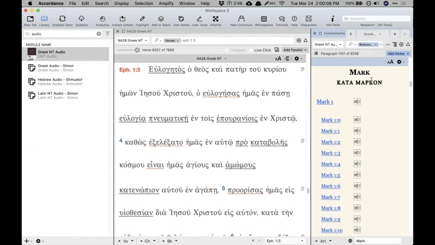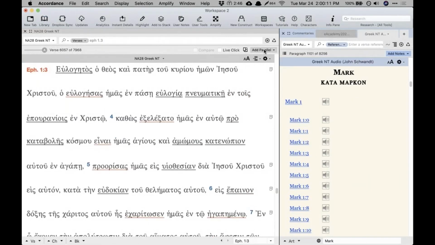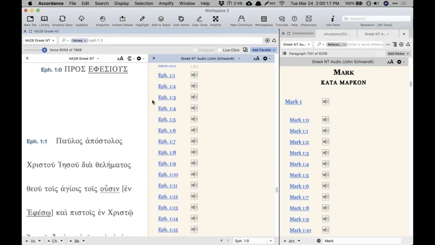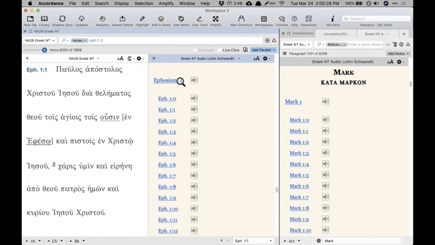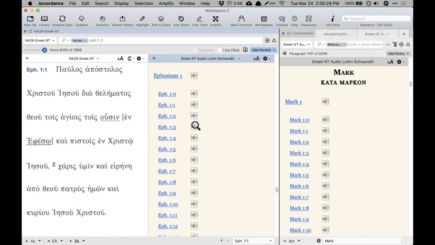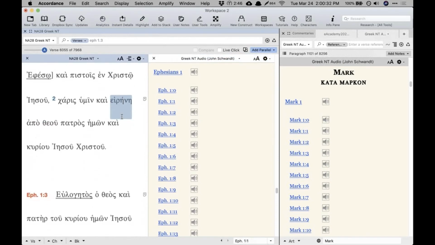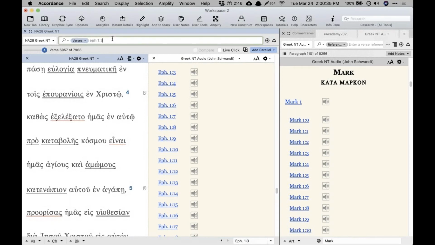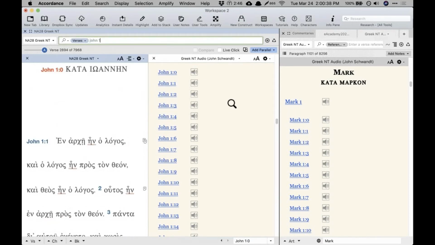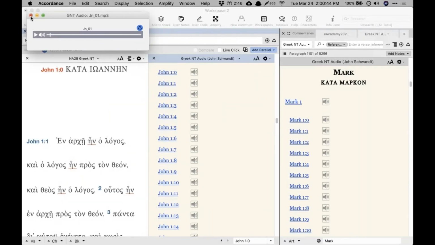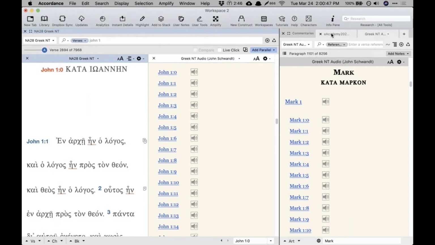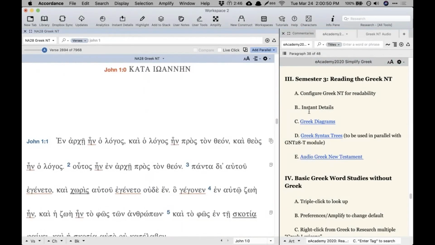Audio Greek New Testament. All right, so you can search it just as you would any Bible, but you can also open it up in parallel to where you happen to be in the Greek New Testament. So that's a great tool. One really nice thing about this is that if you want to, you can listen to an entire chapter at a time, or it's also split into verses. So it's your choice how you want to listen. But this now will follow you in parallel with your Greek New Testament text. If I were to skip ahead to John 1, my parallel Greek New Testament audio is going to follow me. And I just had to turn that off because it started playing. So there it is, Greek New Testament audio,